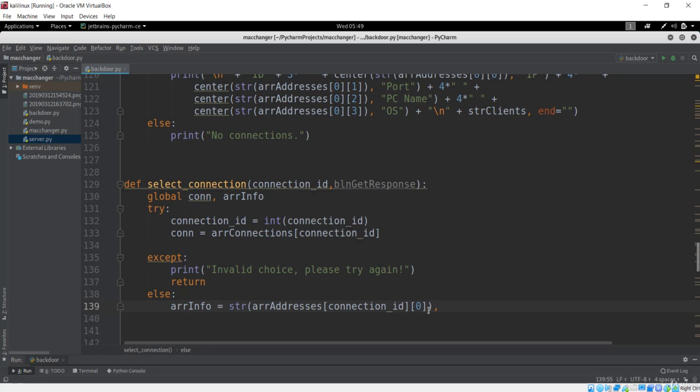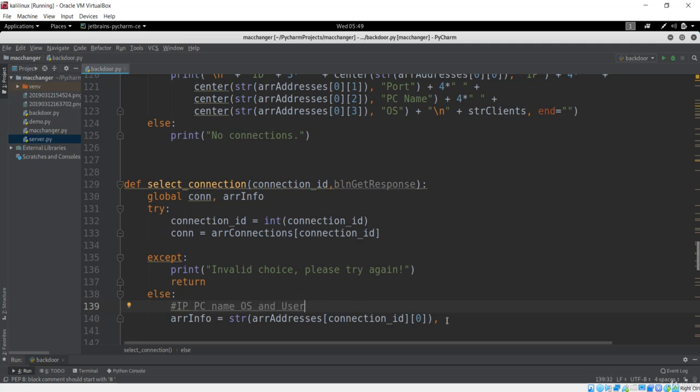The next thing I want to get is obviously the PC name. Let me just type here what we want so that we don't have any confusion. First thing I want is the IP address. We have got that over here, that is basically the addresses of the client and the connection ID, and the first part of that list will be the IP address. Next thing I want will be the PC name, then the OS, and last I want the username.